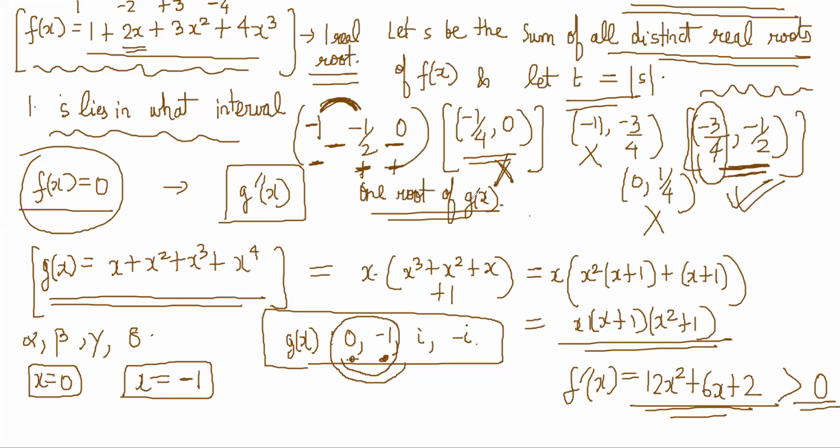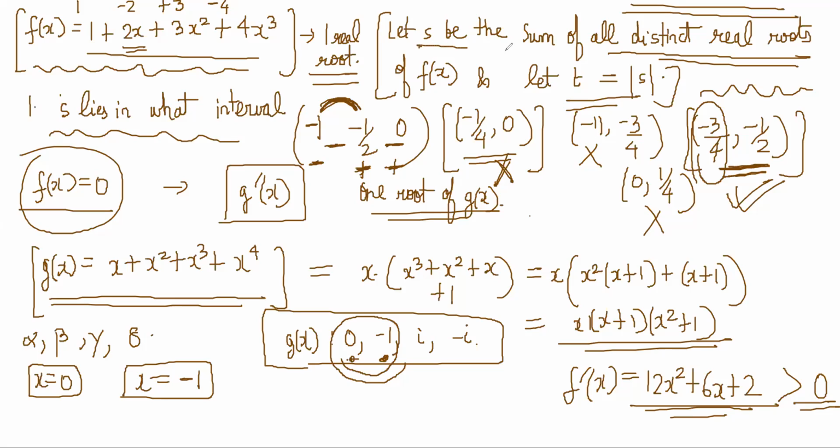But the question is slightly weird because there is only one real root. T is equal to mod s. How will you find the value of t? It's unlikely that you can find the value of the root. Is t an interval or a number? In the next two questions they've used t as a number only. This is obvious, t is a number. How can t be an interval? What is mod of some interval? But we know s is an interval, right? How is s an interval?